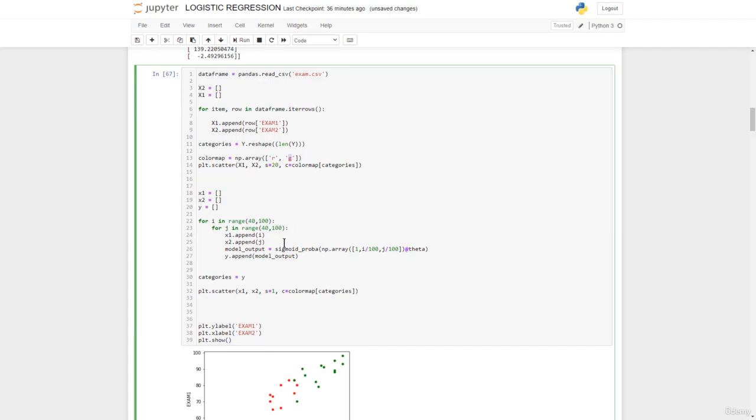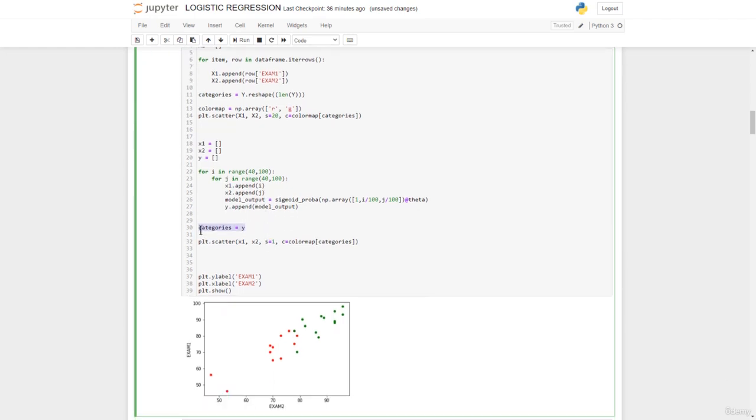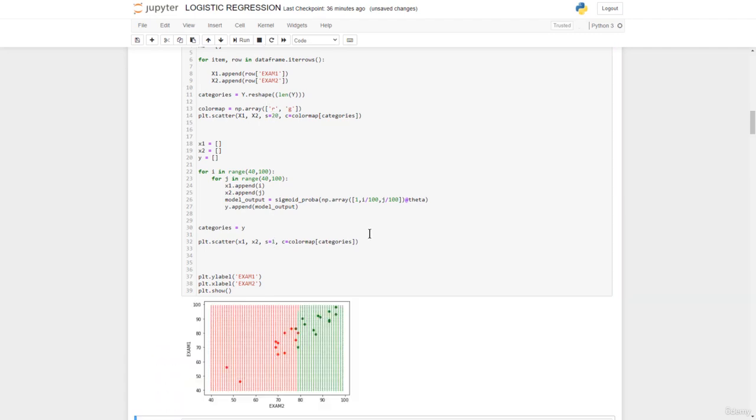So that's why we use the sigmoid proba function. Now we have y, which takes in the model output. We have the categories as usual, and then we plot. So let's run this, but this time around with 1, so that it's not as big as this other plot. Here we had size 20, now we have size 1. So let's run this, and we have this beautiful plot,